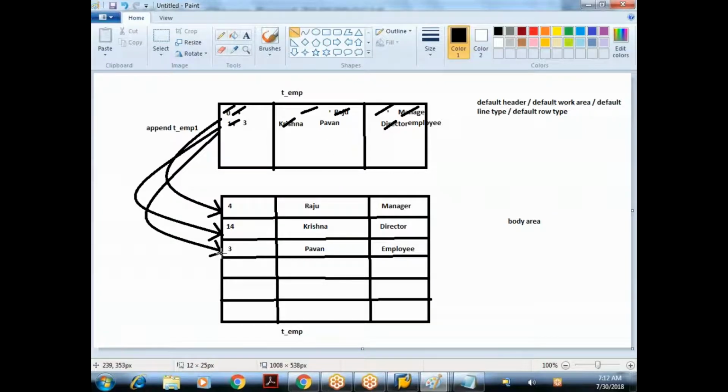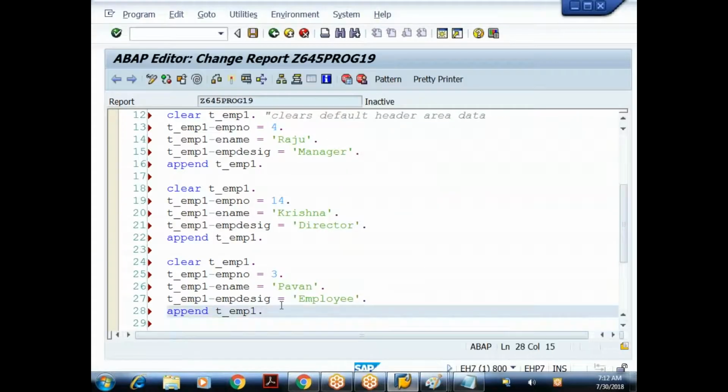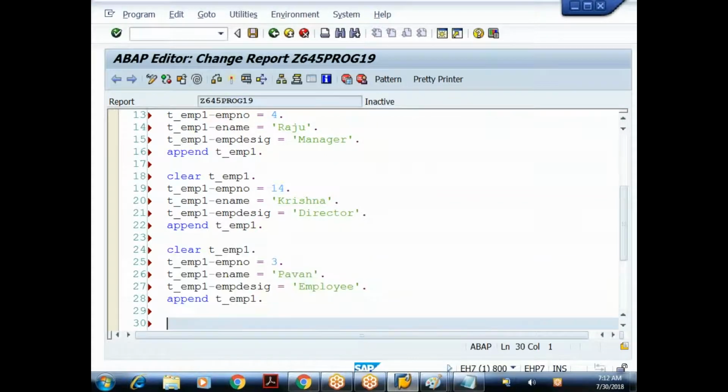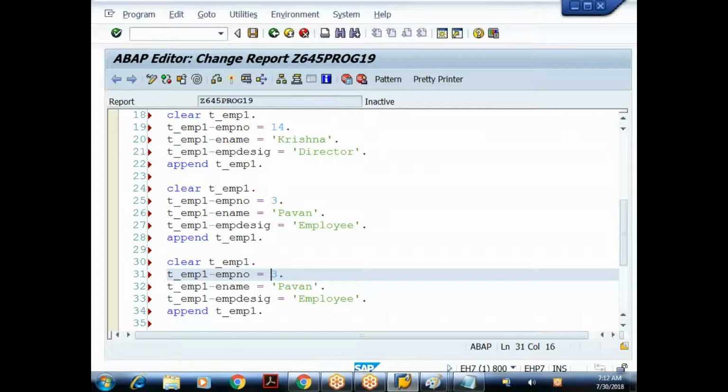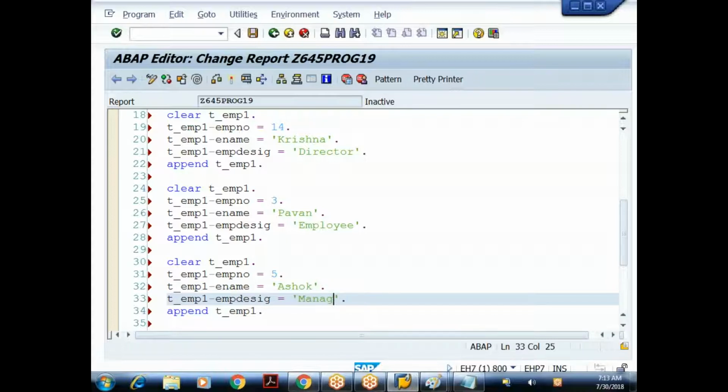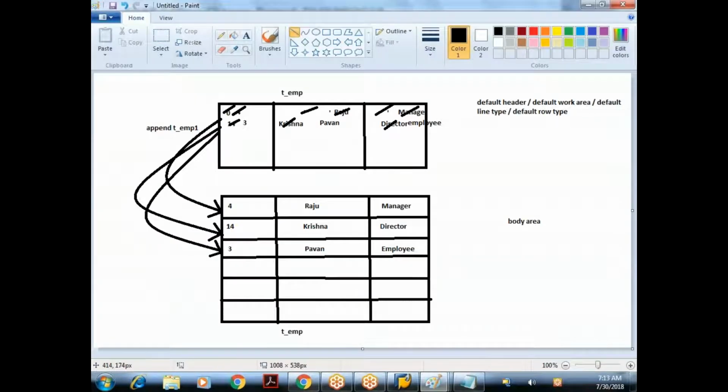Done, it is copied. Okay, now let me store one more record. Employee number 5, I'll give this as Ashok and Manager. So again it will be cleared. Since this is the first example, I'm discussing each and every point here.